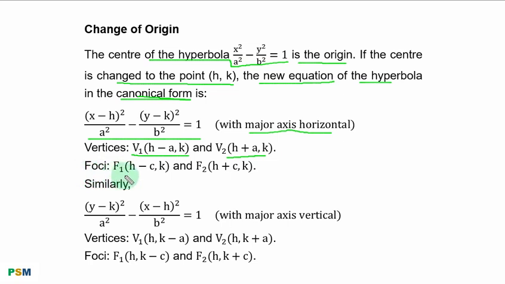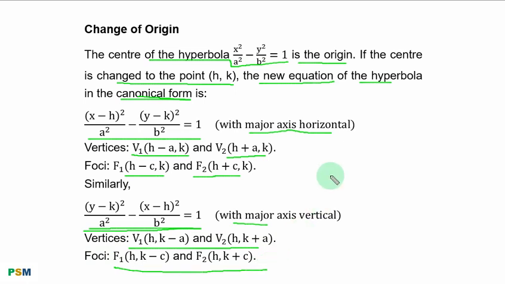The foci f1, you have h minus c, k, and f2 h plus c, k. Similarly, considering the major axis to be vertical, you have this form of the equation of the hyperbola with vertices v1 and v2 and foci f1 and